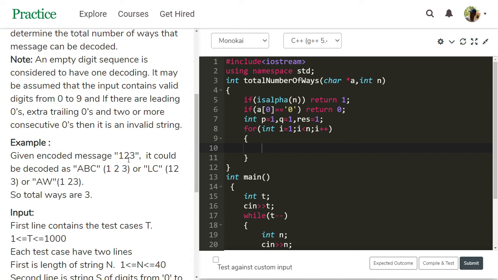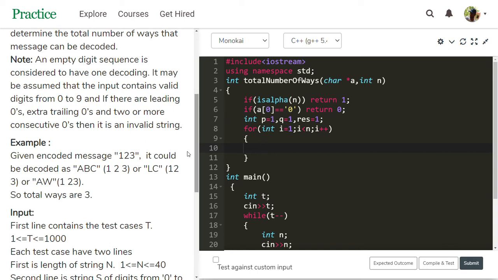Why? Because 2 is B, and taking 12, it is L. So it can make AB and also L. So 12 can create 2.